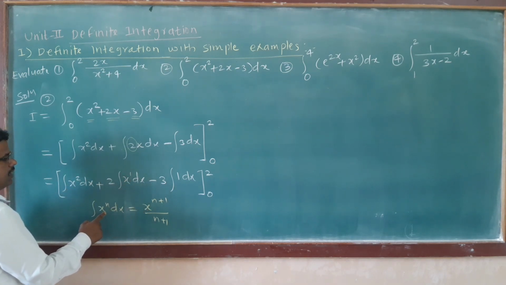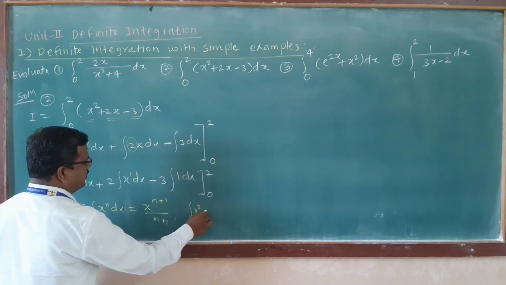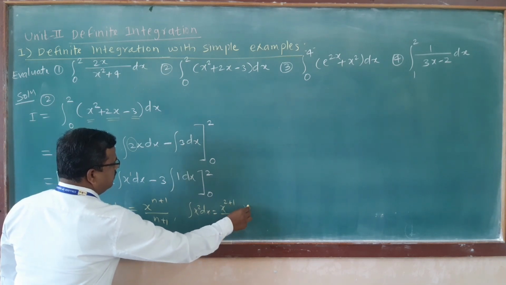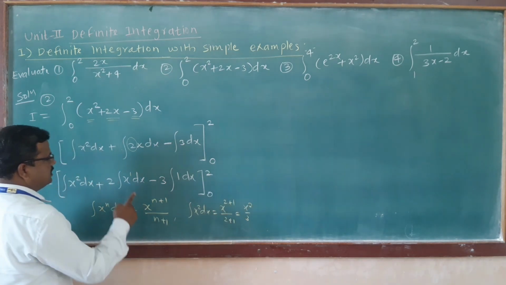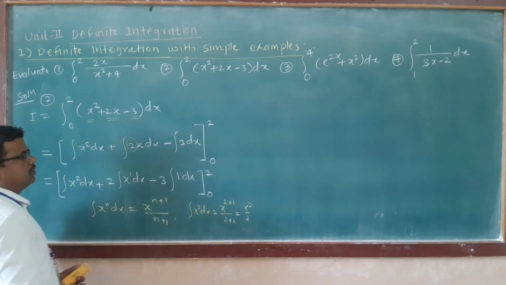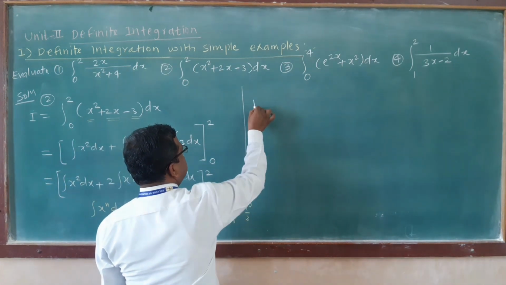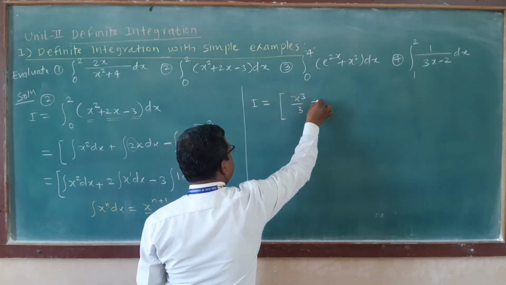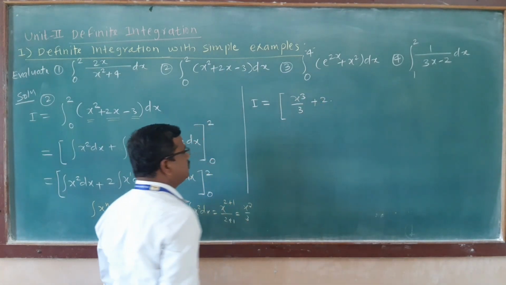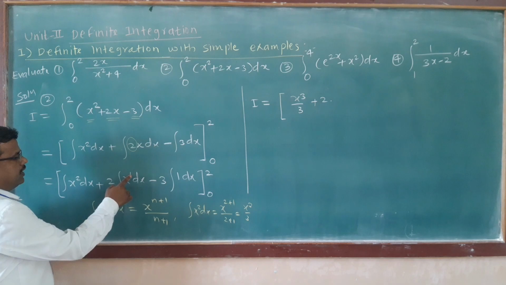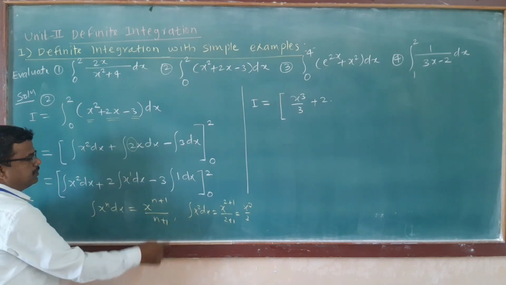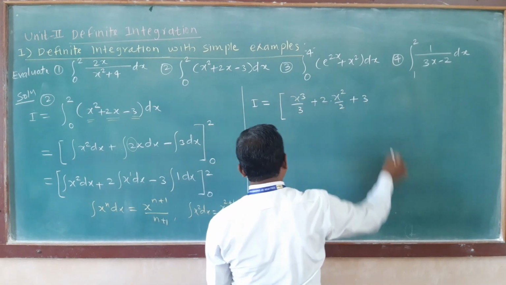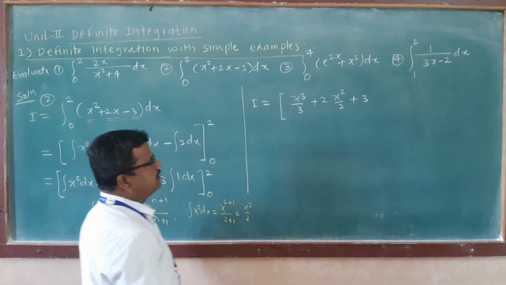So using this formula we find the integration of x square, which is equal to x raised to 2 plus 1 upon 2 plus 1, which is x cube upon 3. Similarly this will be x square upon 2. So therefore I is equal to x cube upon 3 plus 2 into integration of x, put n is 1, 1 plus 1 upon 1 plus 1, that is x square upon 2 plus 3 minus 3,